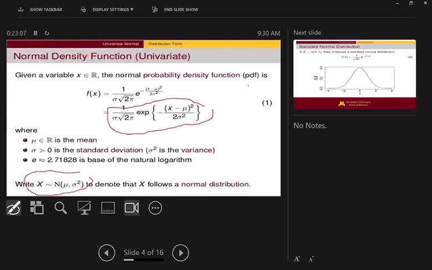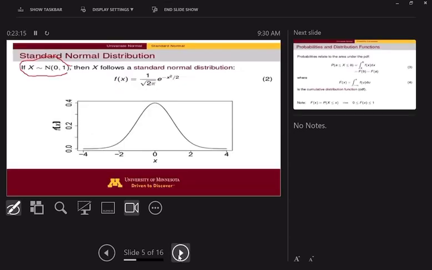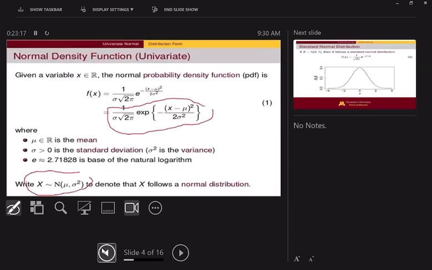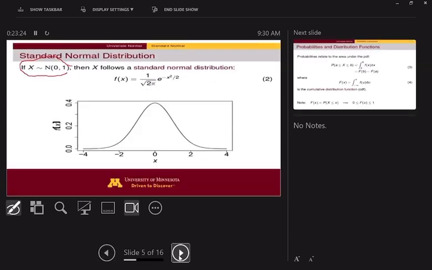When you take a look at equation 1, the mean is mu and the variance is sigma squared, but in equation 2, I can get equation 2 from equation 1 when I plug in the mean to be 0 and the variance to be 1. Why am I doing that? I'm doing that for standardization, because if I don't do that,